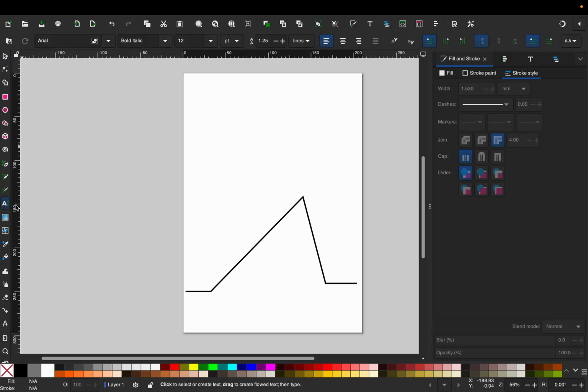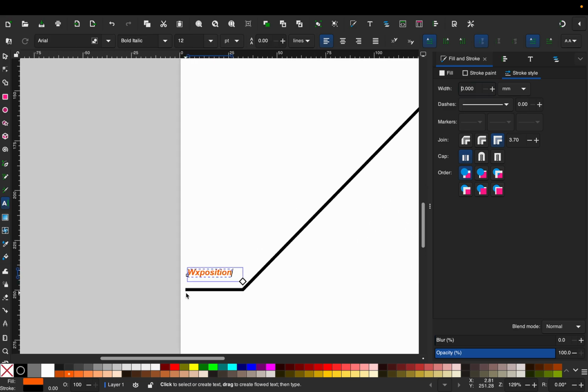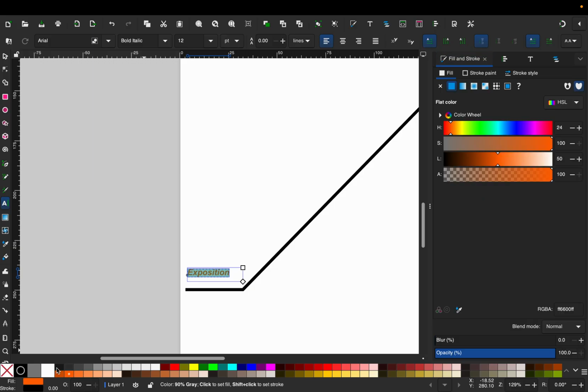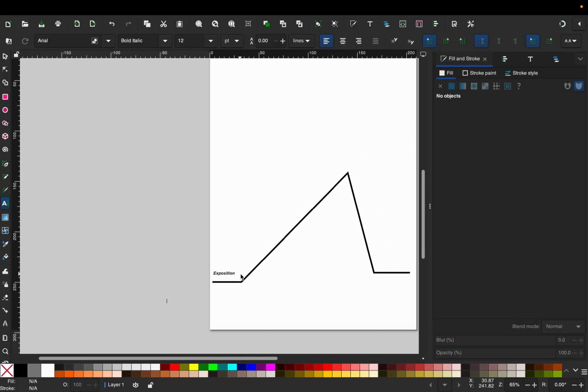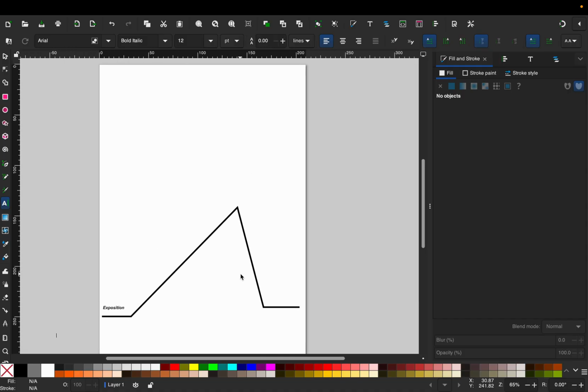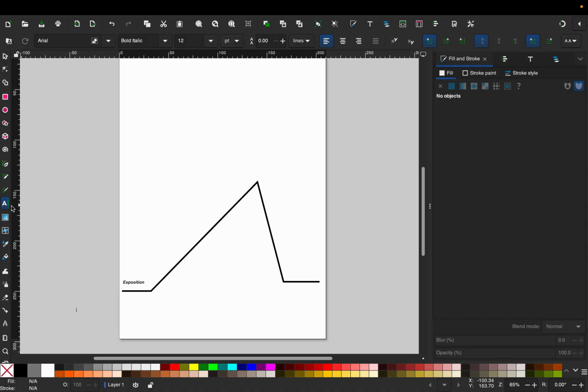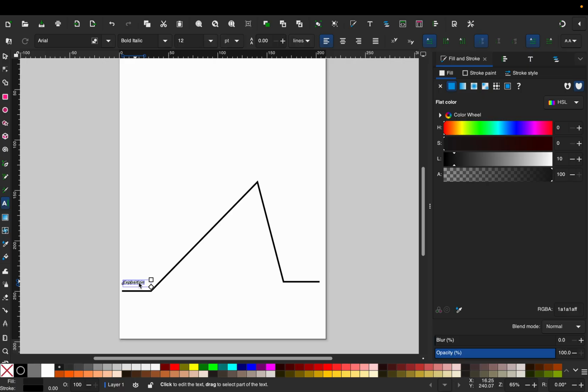And then using the text box tool, I'm going to be adding in the words, which are exposition. And then I have to go back and kind of change this up so it's not as thick. And then these have to be black, so we change the fill to black. Exposition, spelled that right. And then we have the rising action, so I'm just gonna do the same thing, but